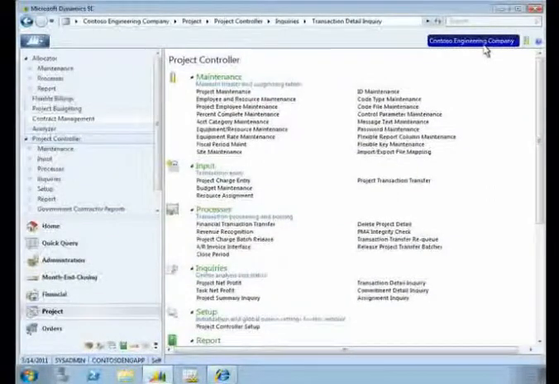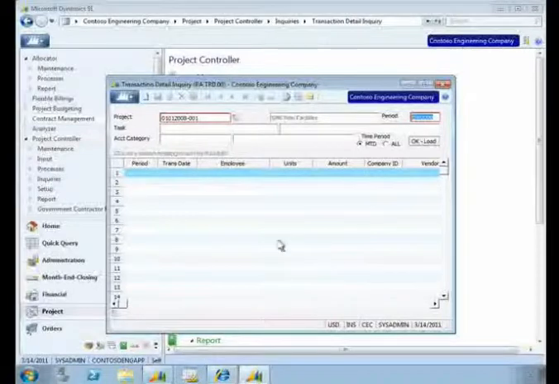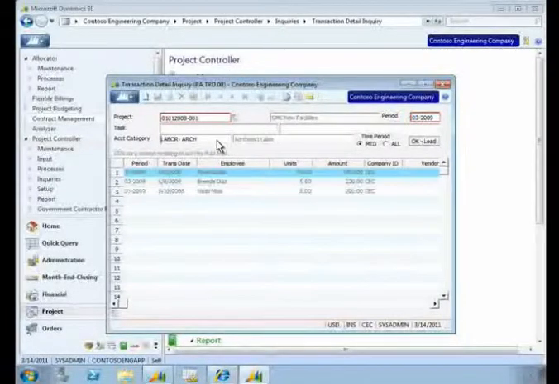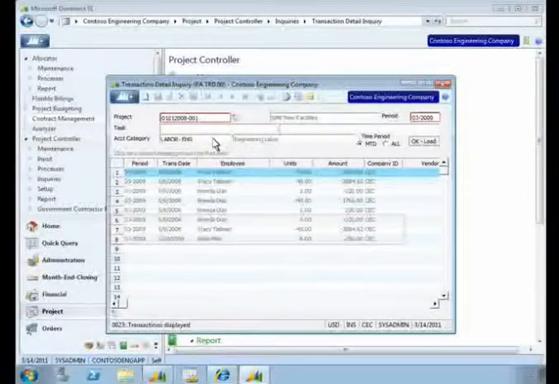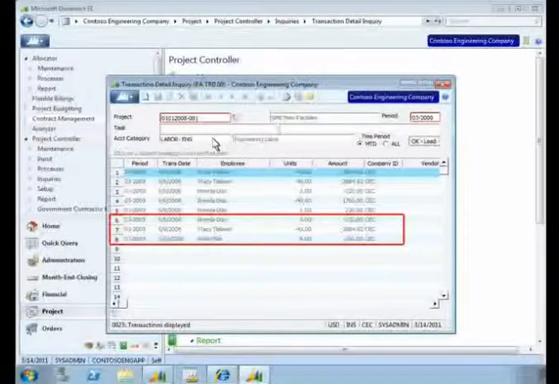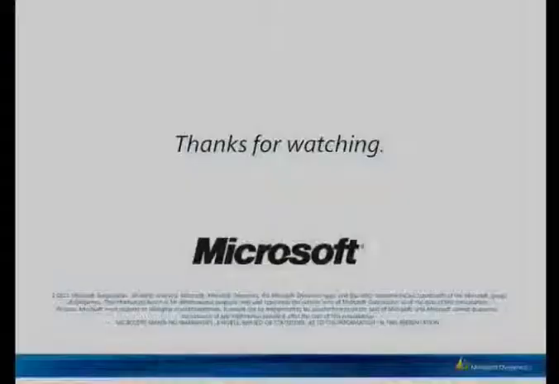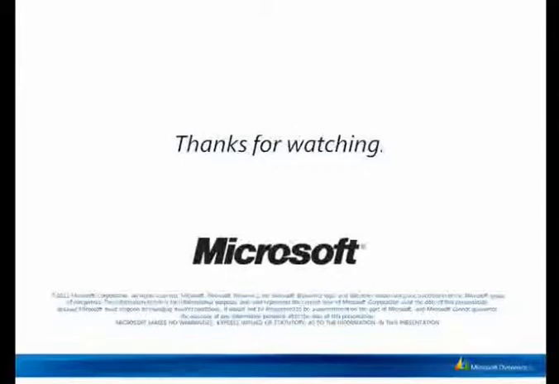You can check your work by opening the Transaction Detail Inquiry screen and entering the project you just corrected. Enter the account category. When you're finished reviewing these changes, you can review other transactions. The 3 lines at the bottom of the grid are the 3 lines that were transferred out of account category Labor ARCH. As you've just seen, Microsoft Dynamics SL has many advanced yet easy to